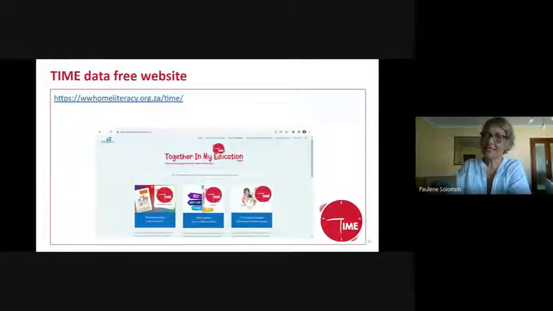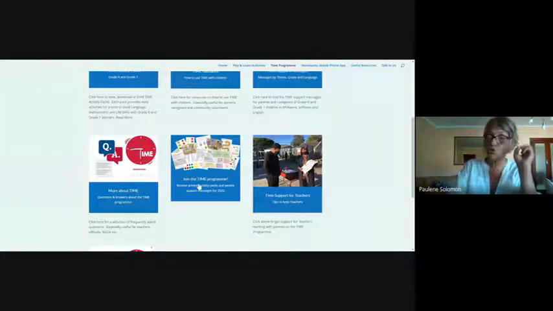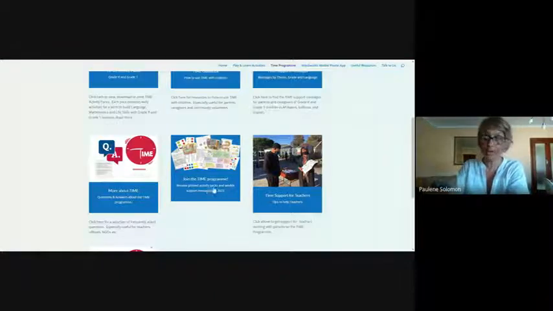So that's the one container, and then the other 3 at the moment. Here, if you have any questions about the program, there are some frequently asked questions that we answer. If you're in the room and you haven't yet joined Time and you're keen to join it, you click on here and it takes you to a form that you can fill in and you can join our print run. If you're a teacher and you want some support on how to help your parents use it at home, not to use it in your classroom, there's some support in here.